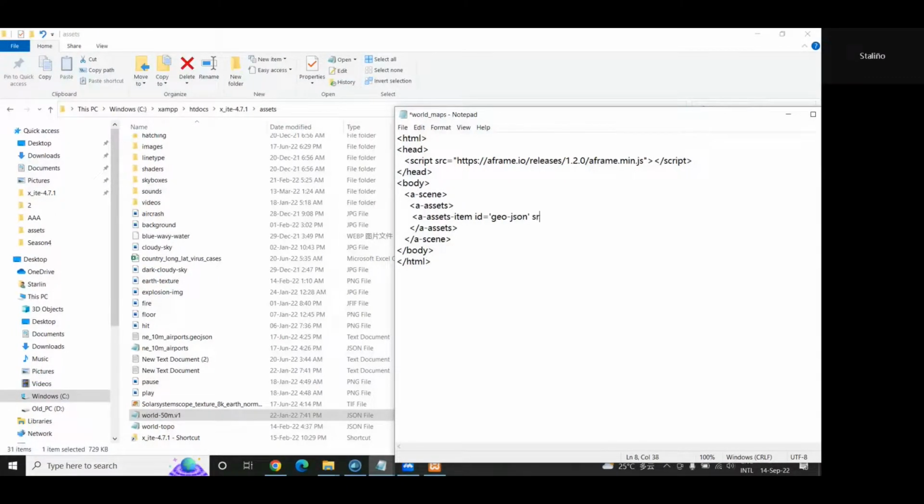And then we write the source. Now we can say the source is equal to the folder where this file is. So we just copy and paste. Remember, it's in the assets folder, and then the name of the file .json like that. Now we are done. We can close this asset item tag like that. You close it by saying a-asset-item. Now the next thing you have to do is to define another asset item, but this time it's only